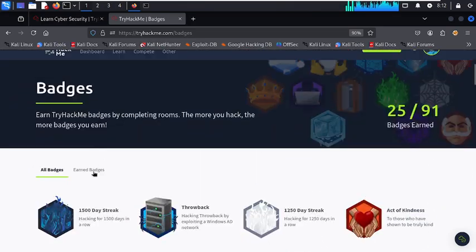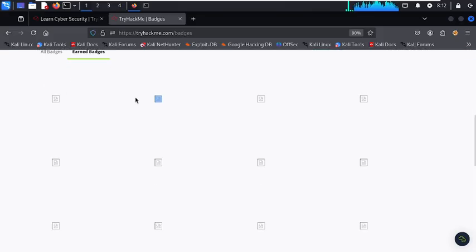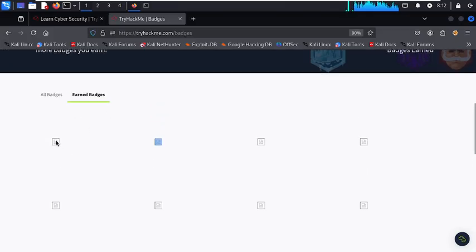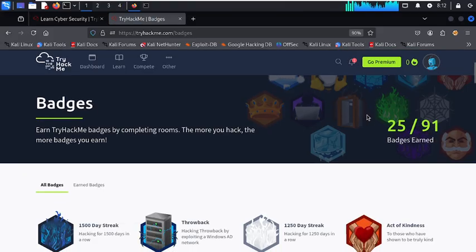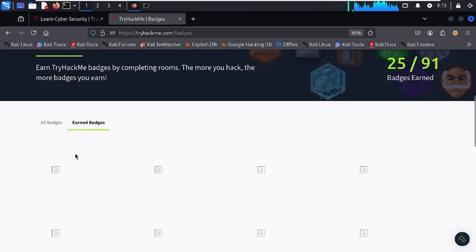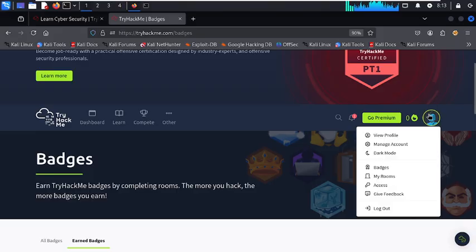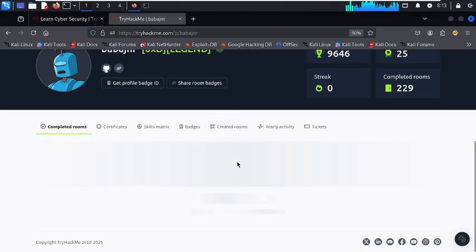So the badges that you have earned, you'll navigate to the earned section, which involves your earned badges. It will display all the badges that you have there. I don't know why it is not displaying those badges, but it should be displaying those badges. So let us try again. In here, I don't know why mine is not displaying those badges, but yours should display those badges. Secondly, if you want to change your profile, you just visit that page there, change it